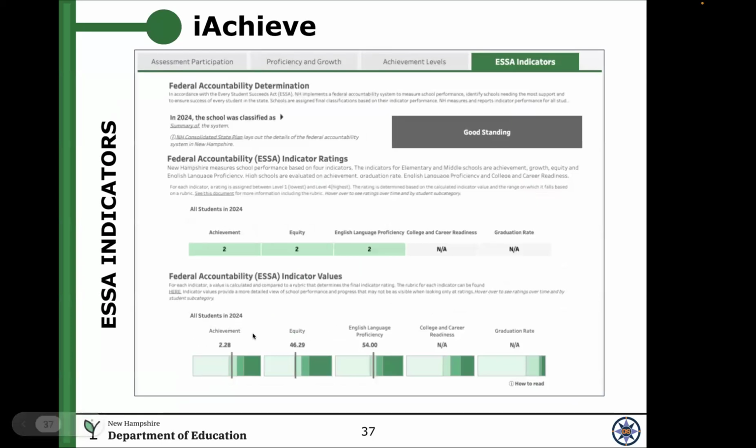All of this achievement is based off of that, making sure that you have the 95% participation rate. So everything is looked at and taken into consideration for your federal accountability. And so you can see specifically where your particular school or district is falling. This is actually by school. So where your school falls into those indicator values for achievement, equity,